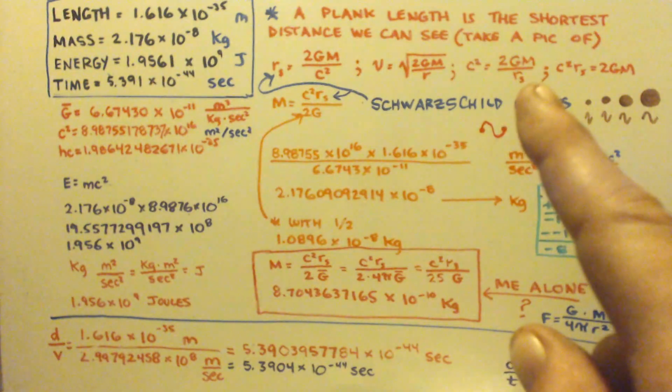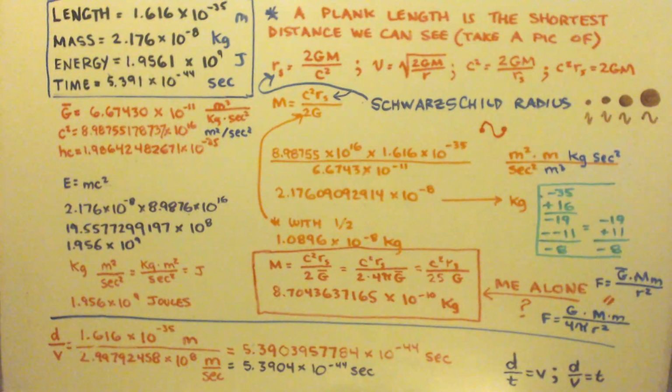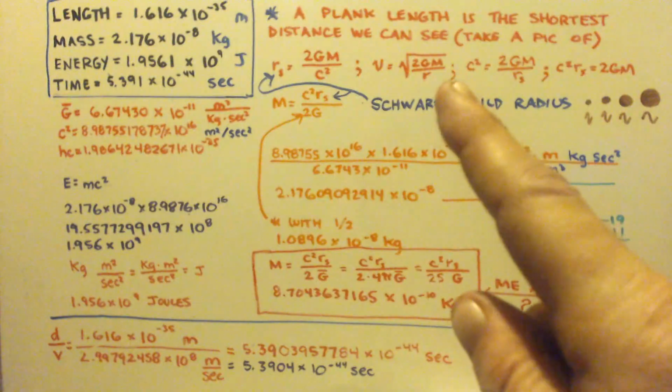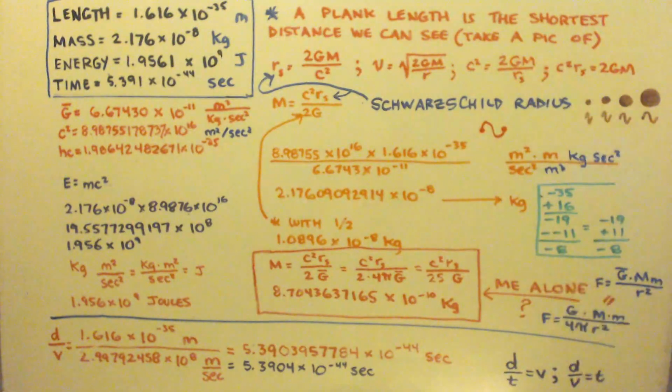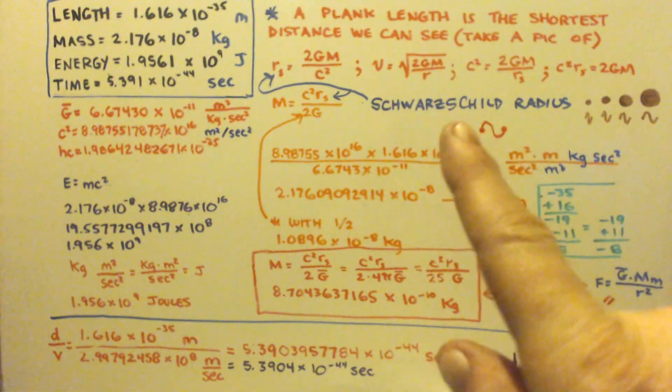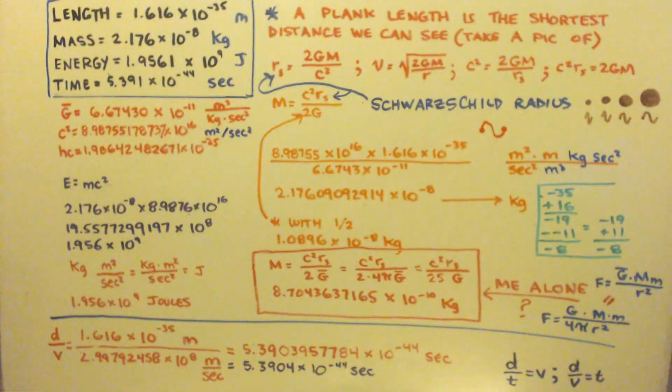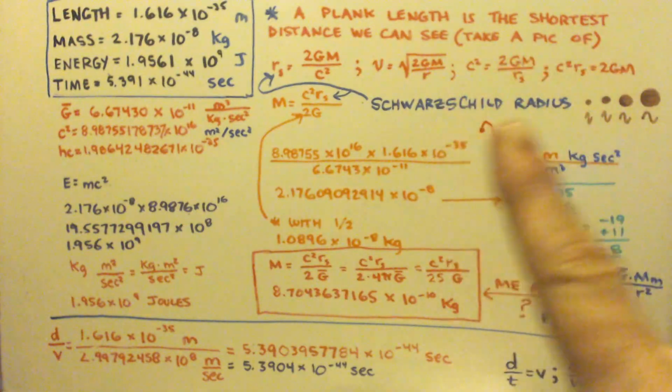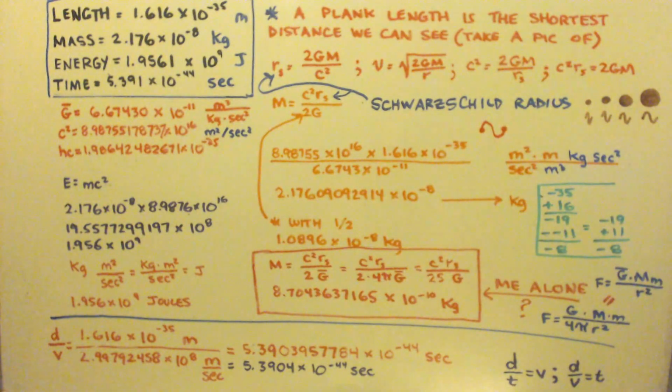And notice this R. The R has a subscript S now. It didn't have a subscript here, but now it does. Why? Because that radius is the Schwarzschild radius, which means that it's a black hole. You know what I mean? The Schwarzschild radius is the radius you'd have to have for some mass for it to turn into